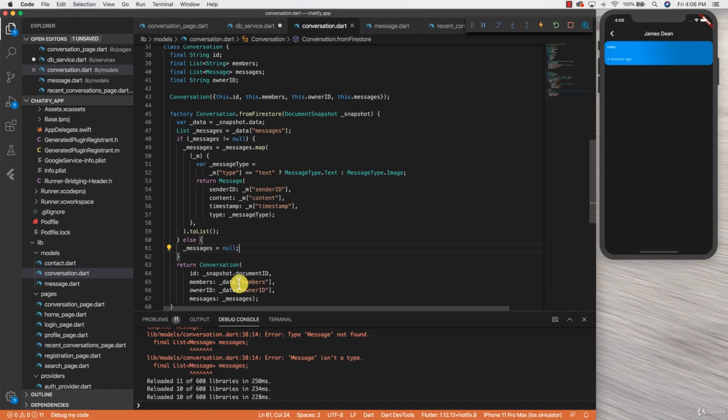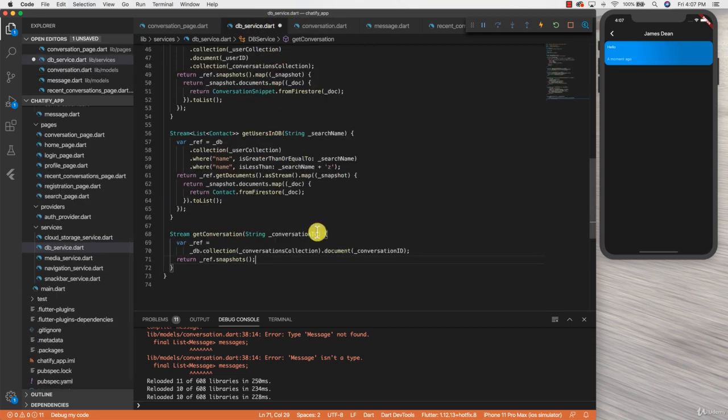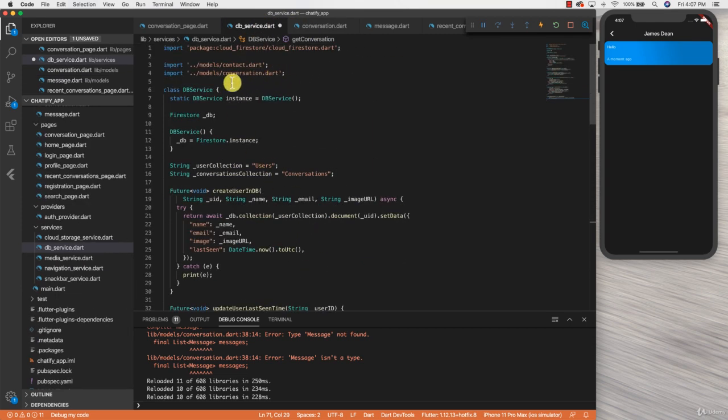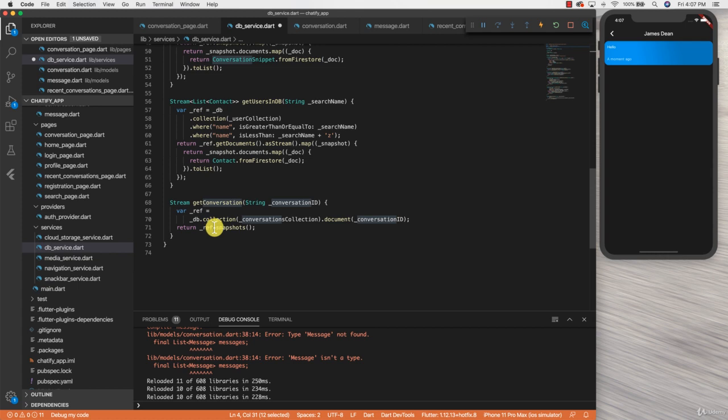So now we have a function that can create a conversation from a Firestore document snapshot that we get. Now I'm going to go back to our database.service file, go to the top, and make sure that we import our conversation file, which has our conversation model inside of it. And then for the reference that we were getting, we would convert each document snapshot to a new